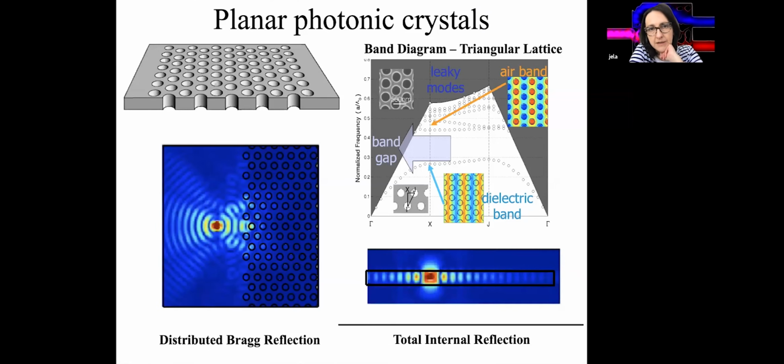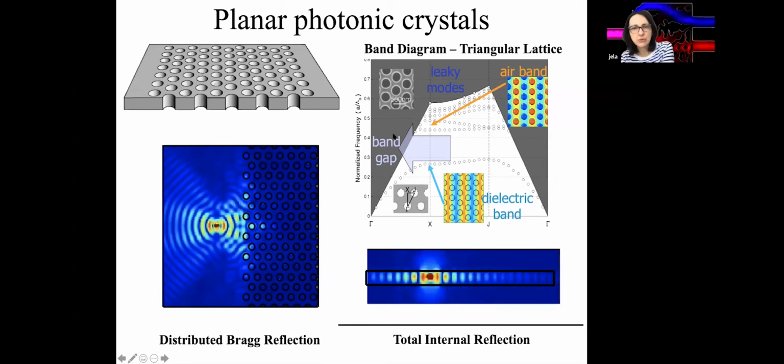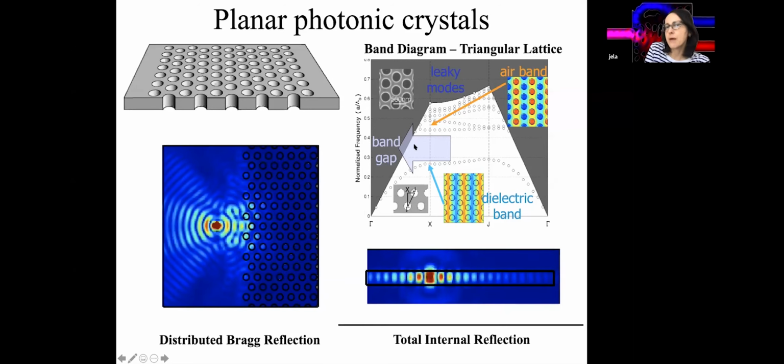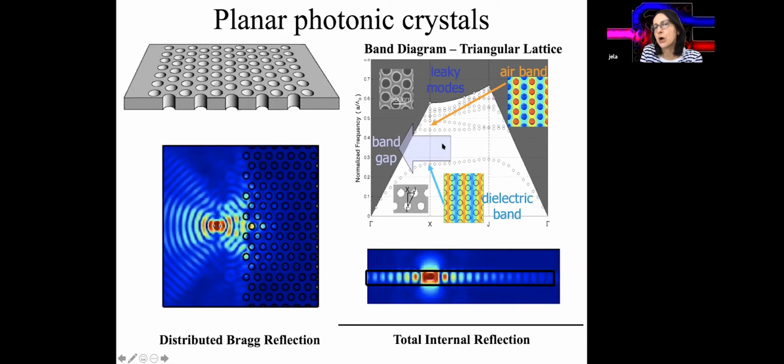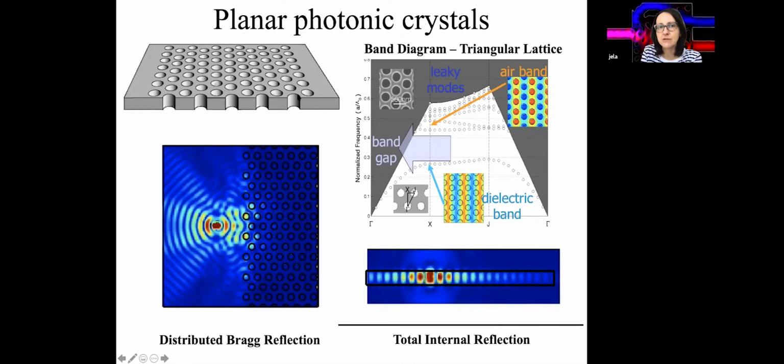Okay, so let me just very briefly wrap up what we did last time. We're talking about calculation of the band diagram for photonic crystals, for two-dimensional photonic crystals, and also the first Brillouin zone and important directions in the irreducible Brillouin zone. So this is the example of the triangular lattice photonic crystal in a finite thickness slab, and there, as you know, we can produce a photonic band gap, which means blocking propagation of light in a certain frequency region in any direction